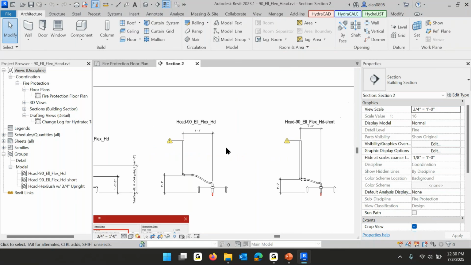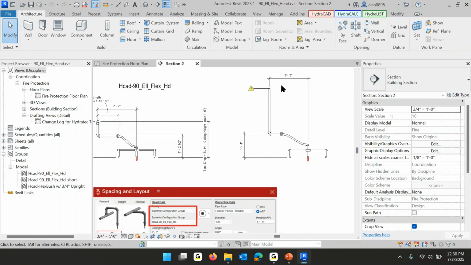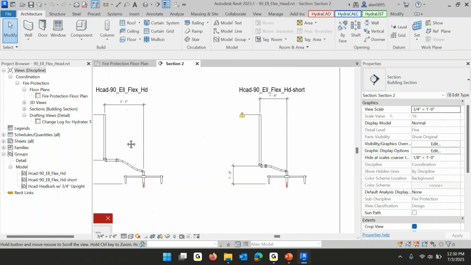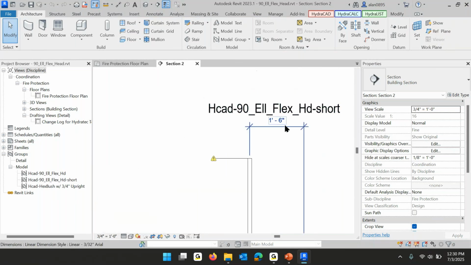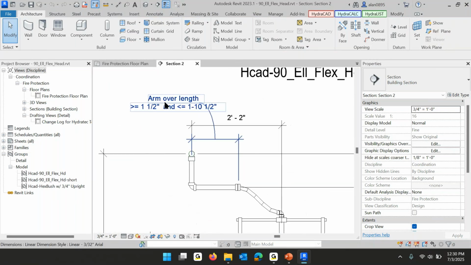And that is here. This thing wants to be 1.5 to 3.5 inches less than what I drew this at. I drew this at 2'2". I made two of them. One where this from the head to the branch line is 2'2", kind of by random. And then I made another one where it was 1'6" from the head to this thing. But if you specify the arm over length as 10 foot 10.5, you'll get a very short flex. If you put it in as 1.5 inches, this thing will be right over here next to the coupling, next